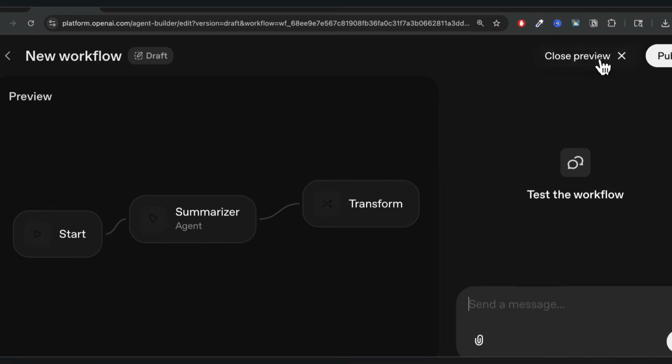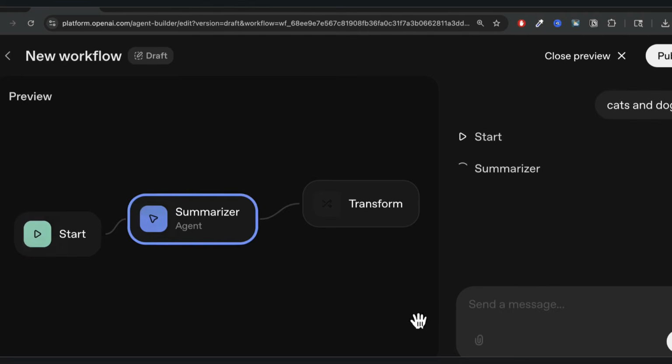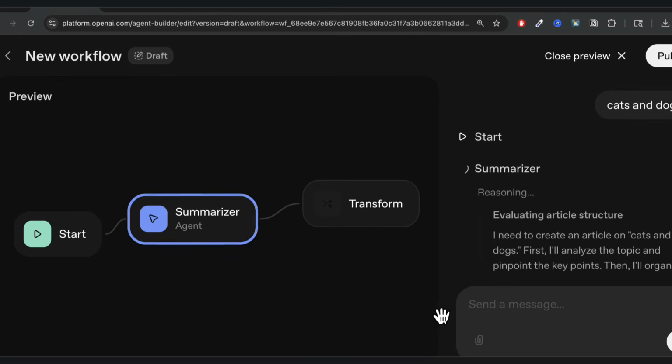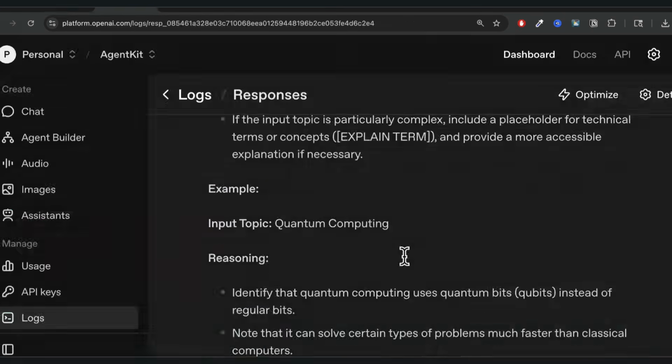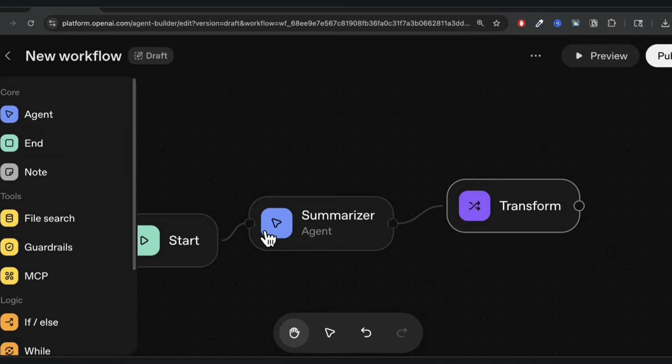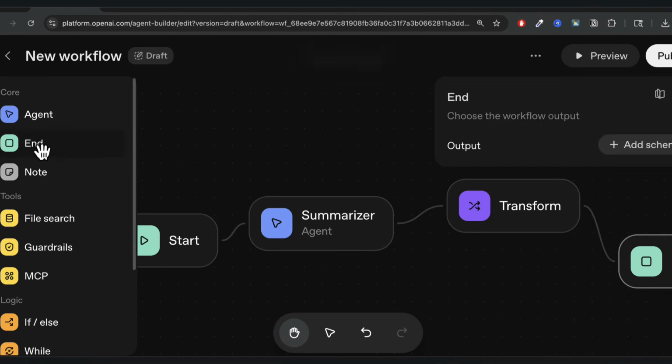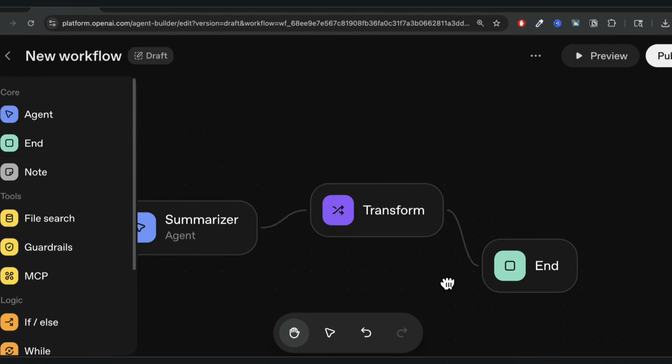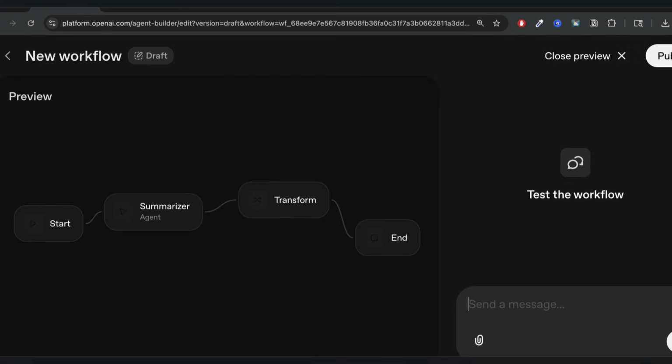So I'm going to write here and say the topic is going to be cats and dogs. I'm going to write enter. And so the summarizer is going to go ahead and create an article and do all these things. So we don't see anything really, but we see that it worked. So I'm going to add just an end node there. Let's go ahead and run something simple. Let's say